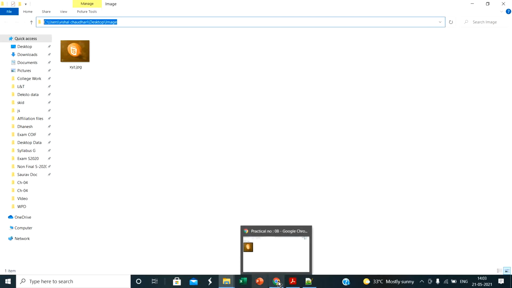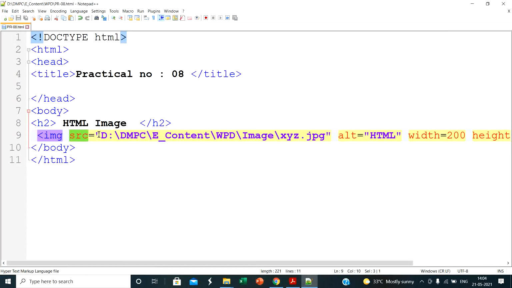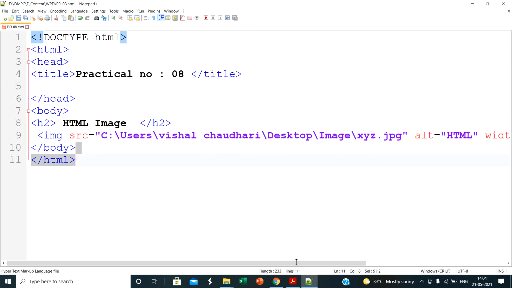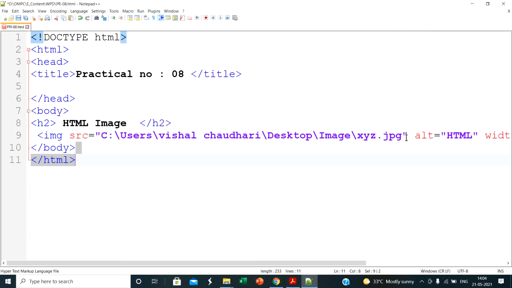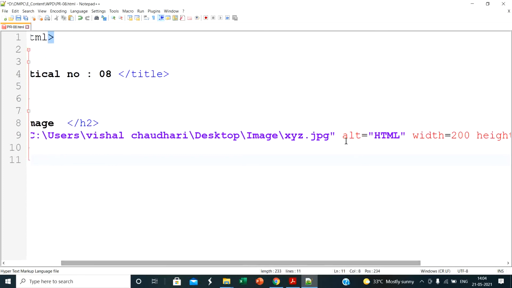So here I paste my path: C, Users, Vishal Chaudhary, Desktop, image, slash xyz.jpg. So this is the path of my file. First insert the path and then a slash and add your file name. Here this is my file name. So I add the path, and the next attribute is alt.